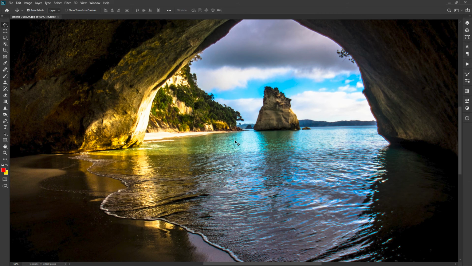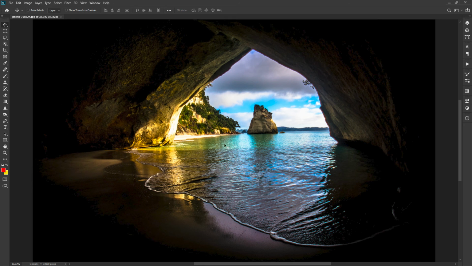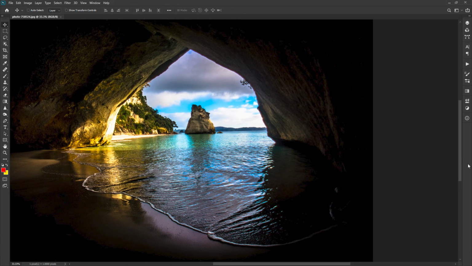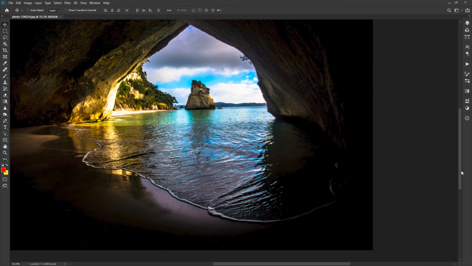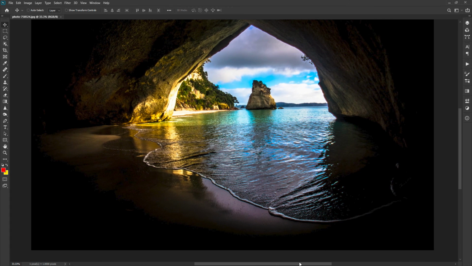If you have a bigger image than your work area, you will find the scroll bars appear at the bottom and the right side of the work area. You can pan the image with scroll bars. By pressing and holding the space bar, your current tool will be switched to hand tool for temporary use.